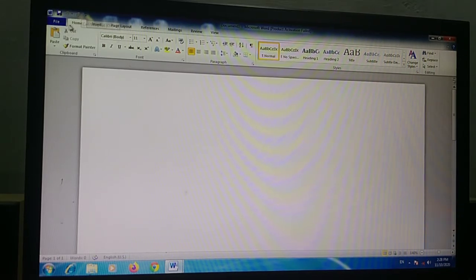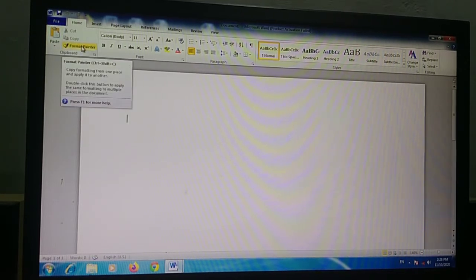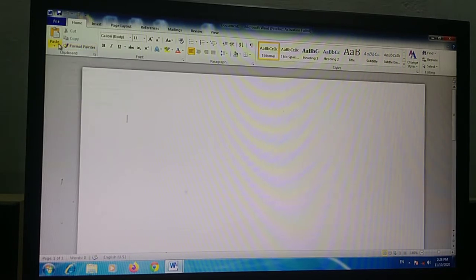After that, this is your file tab, and this part where it is written paste, cut, copy, and format painter is known as the ribbon. After that, the horizontal ruler. Here you can see this is your cursor, or if you want to arrange a header and footer, there are many useful things you can see here.